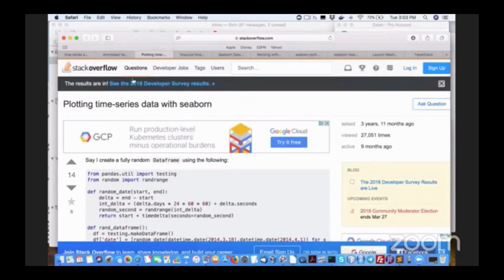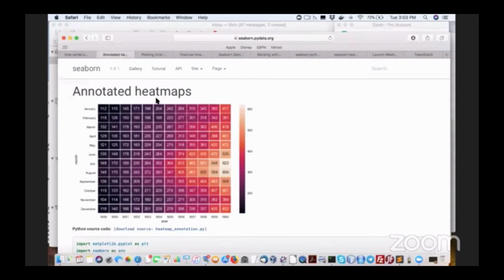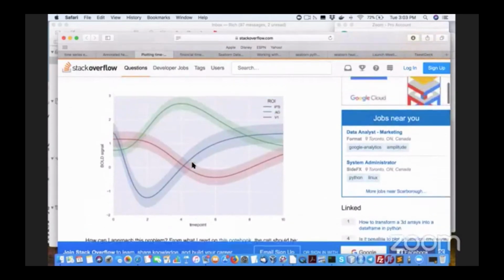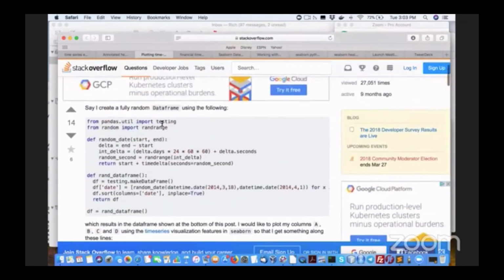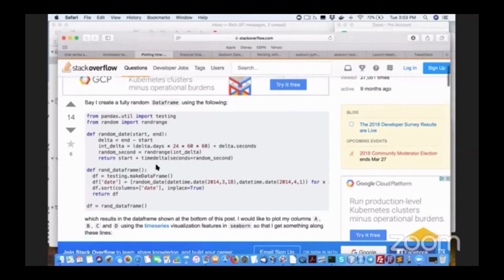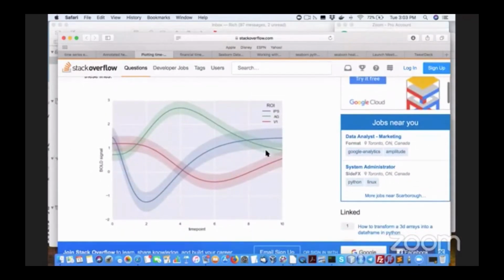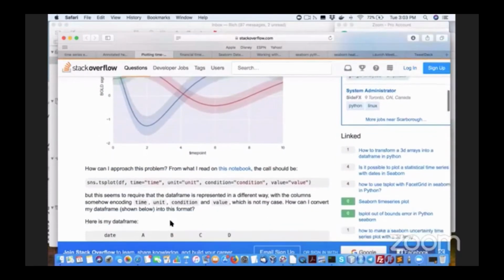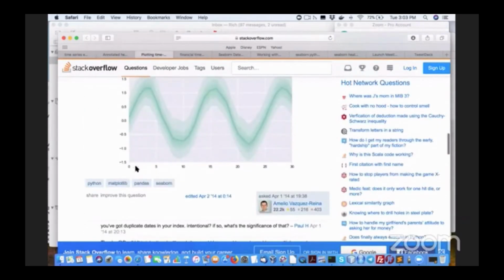Anyways, continuing along. So we have here an example of an annotated heat map. We've got the example of some raw data. Now, basically Seaborn is a package that apparently is just a wrapper that sits on top of matplotlib, but it's apparently easier to work with. And not only that, but it's quite sophisticated on the presentation. As you can see here, it's much easier to put up labels and actual better date references, because in MATLAB or matplotlib, it's not so easy. We have to convert the date